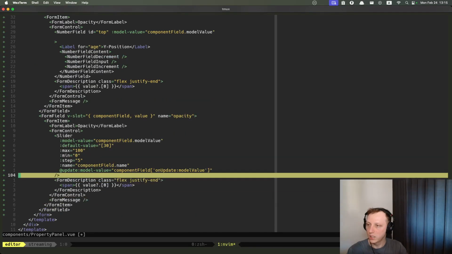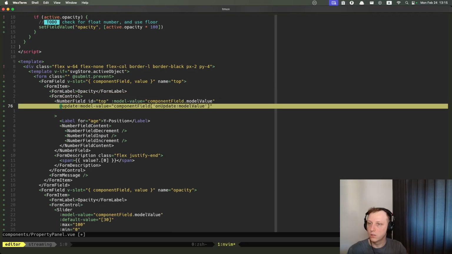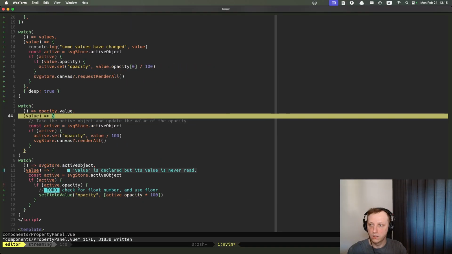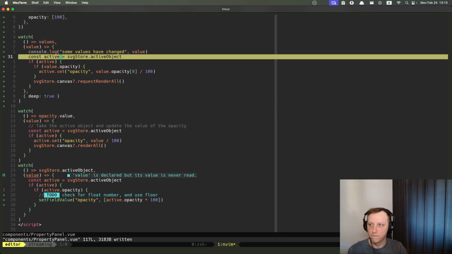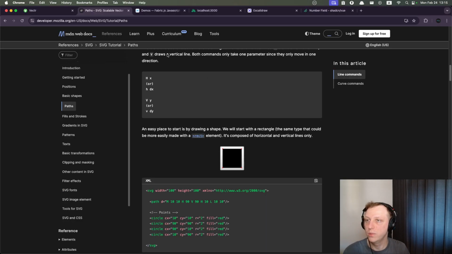What did it have in here? Update. Okay, so it's not on change. It's going to be, yes, something around those lines. But I'm not sure. I'm really not sure about that. I mean, let's see. So some values have changed. This watch should be triggered in case